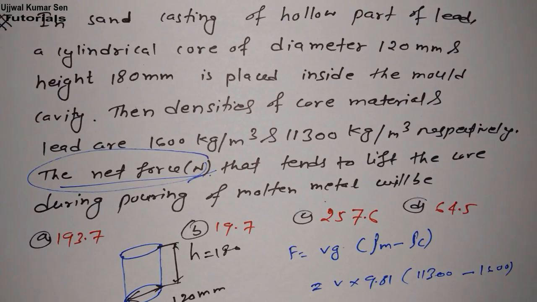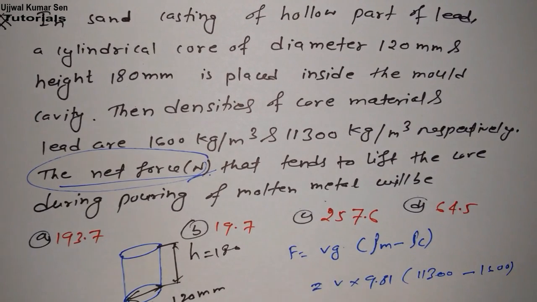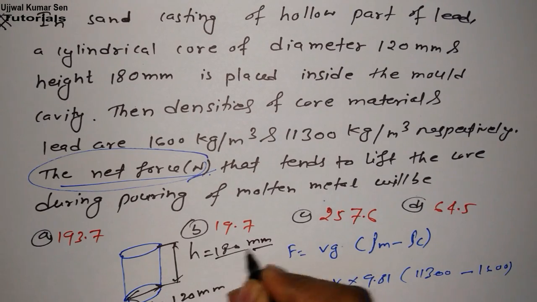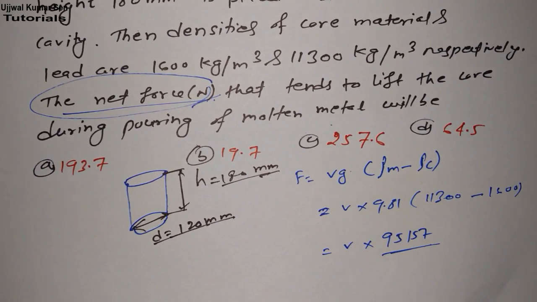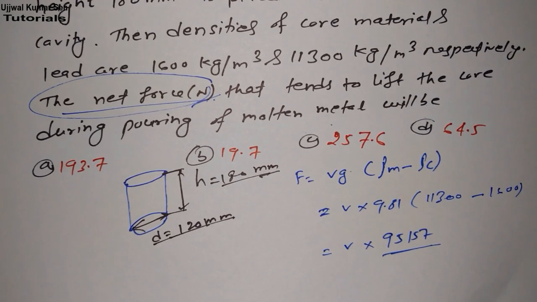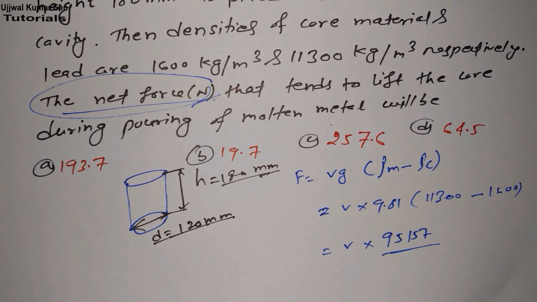If we can somehow get the value of volume, we will get the answer, right? Volume must be in SI, that means in meter cube. The biggest problem here, or what can create a big problem for you if you don't know it, is unit conversion. I know what milli is, and everybody knows what a millimeter is. So what we got till now is a cylindrical core whose height is 180 mm and whose